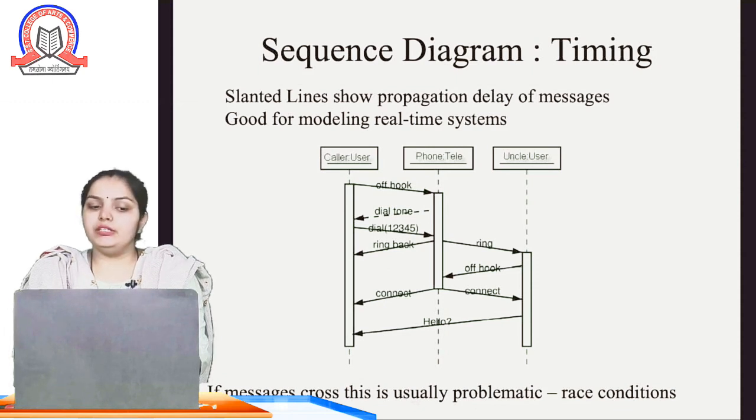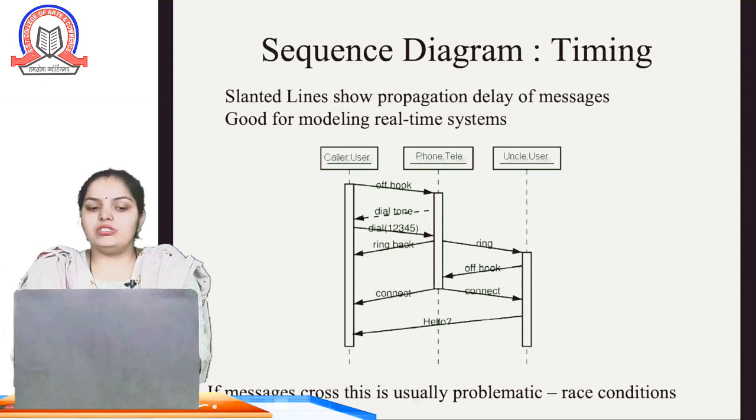After that, timing. Here you can also show the timing: a slanted line shows the propagation delay of the message, means if any propagation delay is there, we will show it with slanted messages, and it is good for modeling real-time systems.